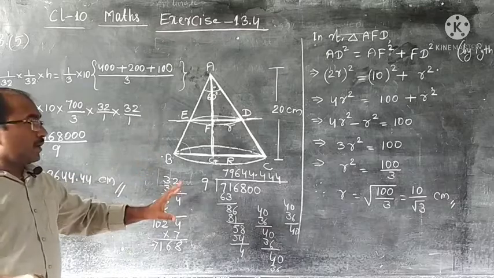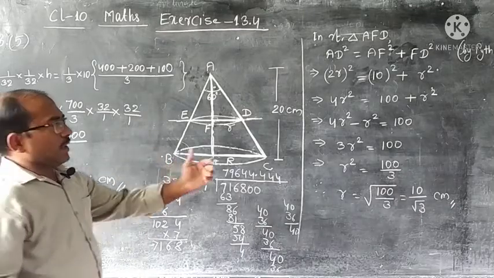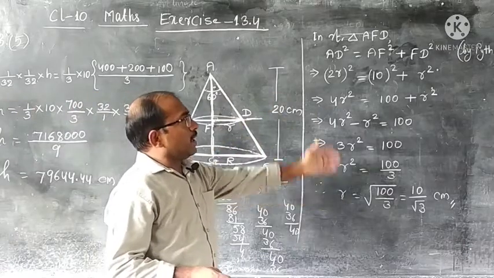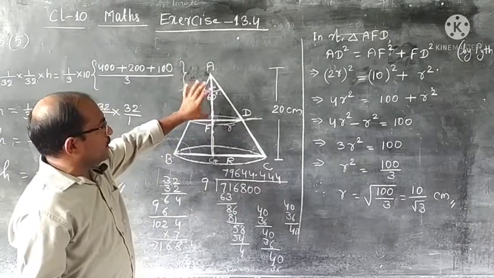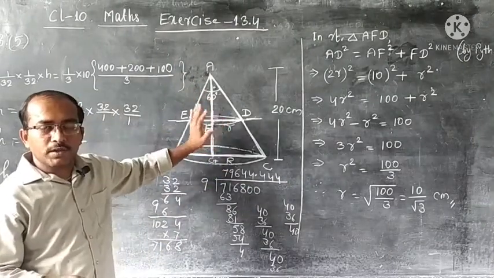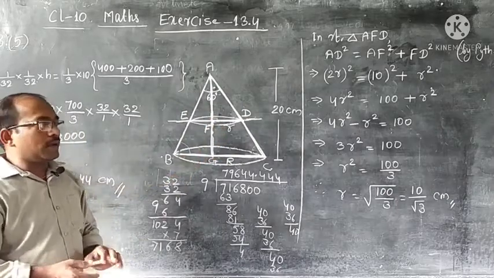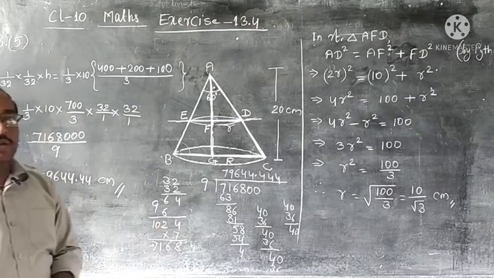Only the starting in this question you need to understand nicely. Once you are getting the radius, getting h also is not a difficult thing here. Only the starting, how to give it a start. What are the things you are able to see in the figure, in the diagram. According to that you work, have proper practice and you will be able to manage it. See you in the next video.